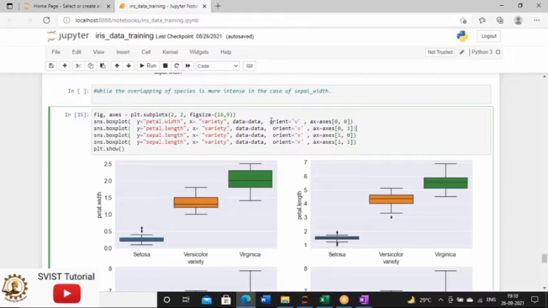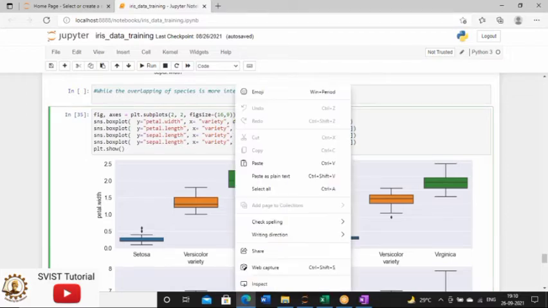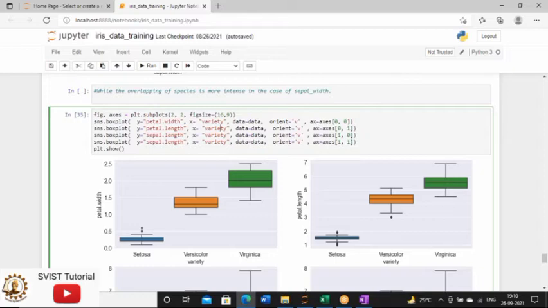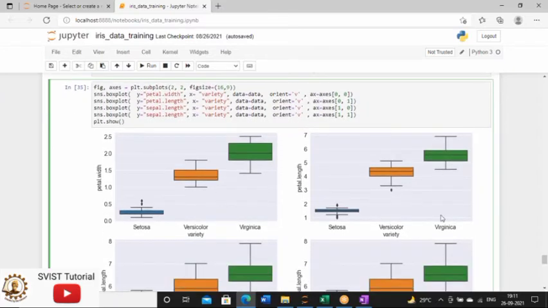Why I have set this orient as V, I'm not going to disclose, because I am going to give you an assignment. This is your first task: you have to change this. After changing the value from V to X, or you can put any value within single quotes, you have to see what changes happen in the plot.